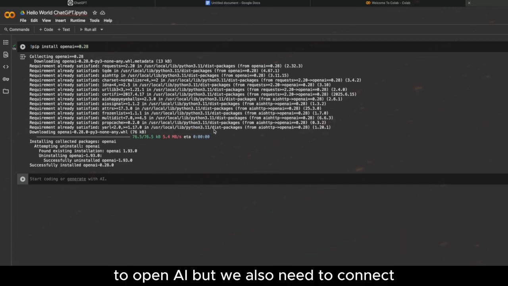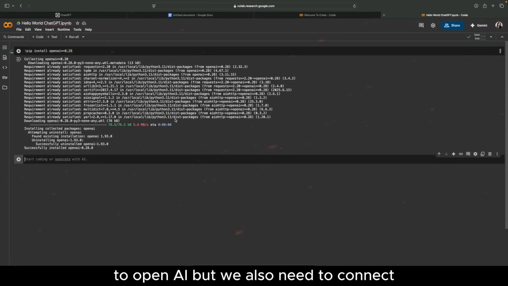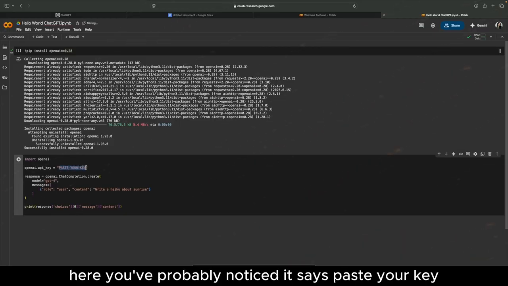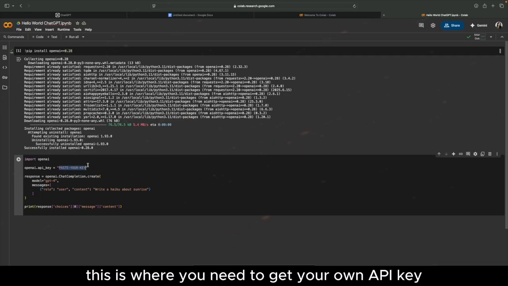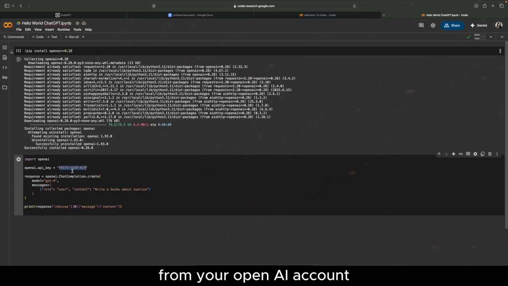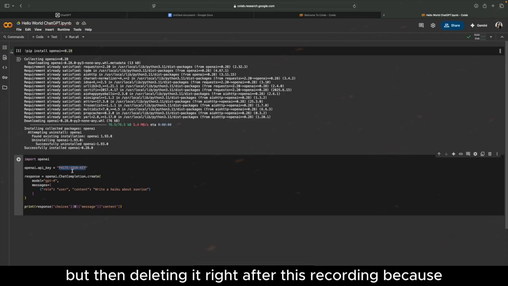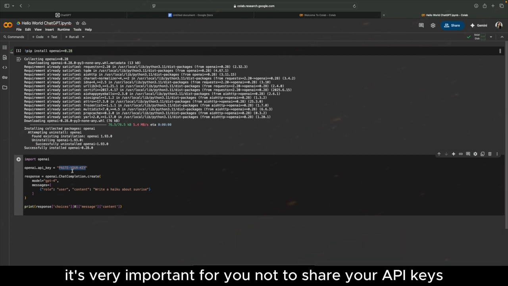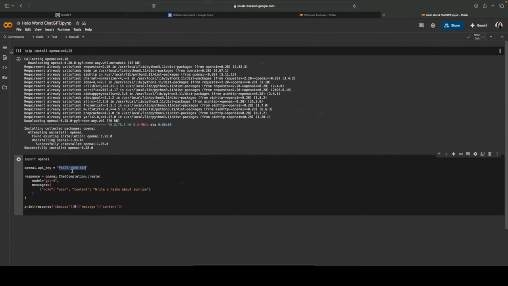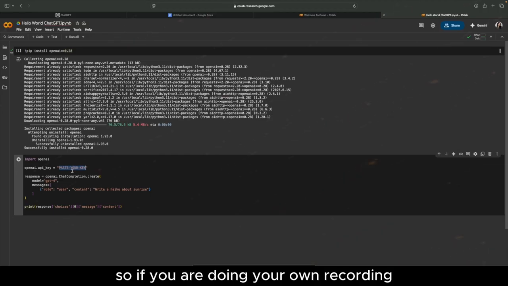So now we're connected to OpenAI, but we also need to connect to our own ChatGPT account. For that, we will need some more code. Here you've probably noticed it says paste your key. This is where you would need to get your own API key from your OpenAI account. I'm going to be pasting in mine, but then deleting it right after this recording because it's very important for you not to share your API keys because they are like passwords. So if you are doing your own recording, make sure you blur it out or delete it